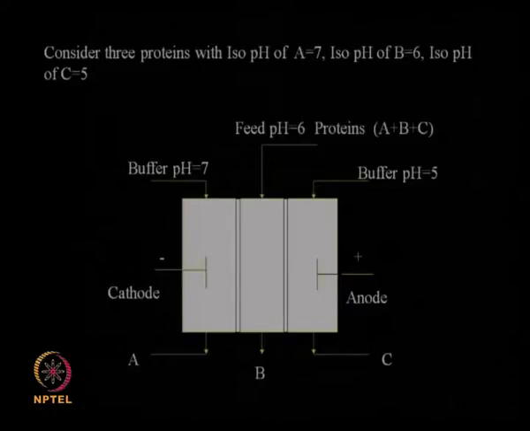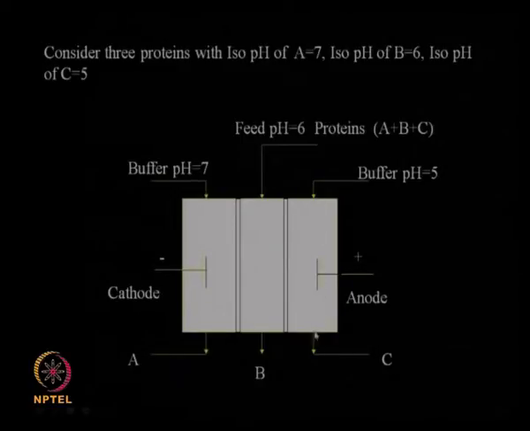So if I apply a large voltage, protein A and C will be moving, agreed, whereas protein B will not be moving. So imagine I have a 3 chamber and I am feeding the mixture of protein at a pH of 6, B will not move, B will just travel down. So I will get a stream very concentrated in B,